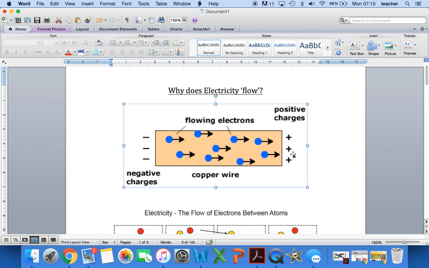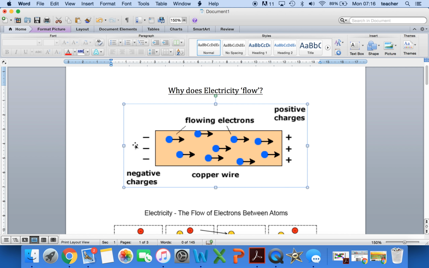When you look at a power pack and you're using direct current, you plug the wires into a positive terminal at one end and a negative terminal at the other end of the circuit. That makes sense: to get the electricity to flow, positive, negative, and then that causes the flow, as in this diagram here. But the point that this diagram does show, but probably doesn't emphasize enough, is the